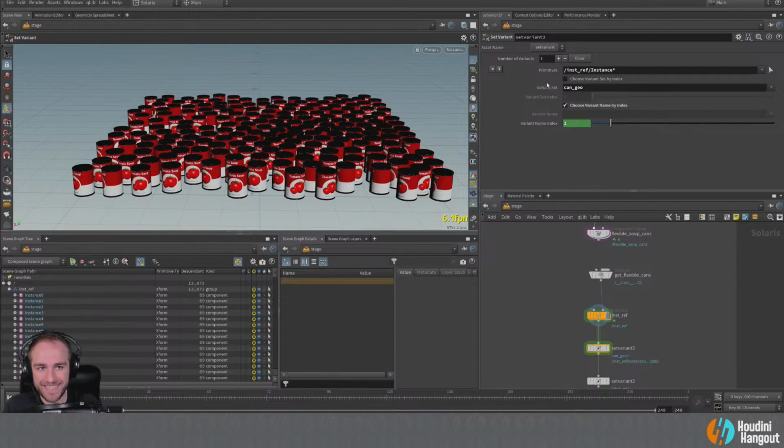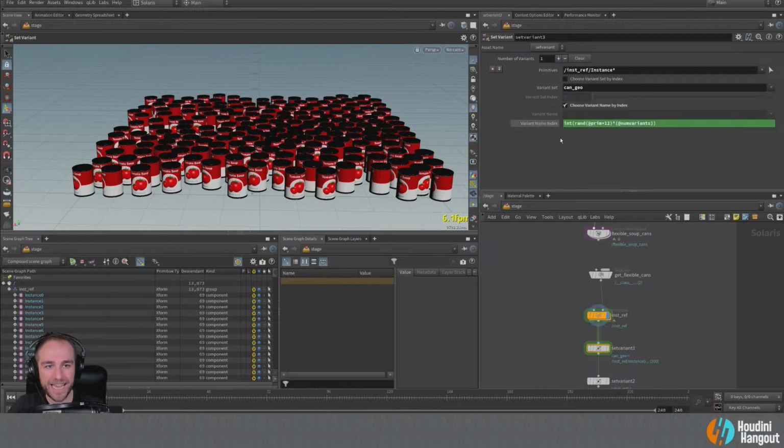The first thing we're going to look at is the can geometry. If you remember, that's whether these are going to be tall, mid-sized, short, or if they're going to have no label on them. Because in that case, we're removing a piece of geometry, so that's why it's also a geometry variant. We could set tall ones with no labels, short ones with no labels, all that stuff, but we're just making this slightly simplified.